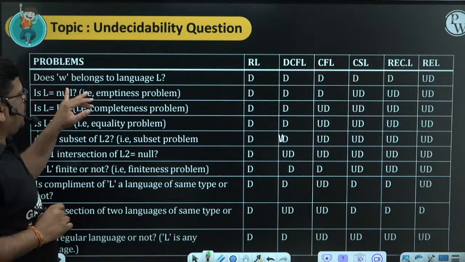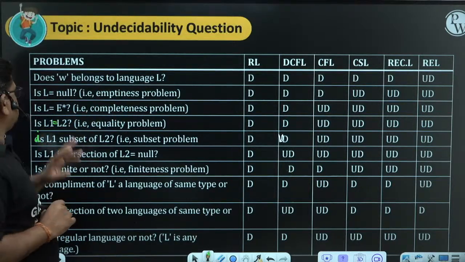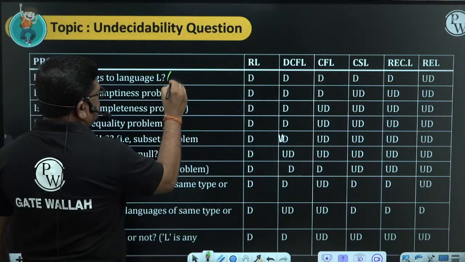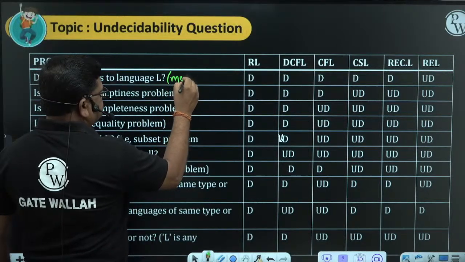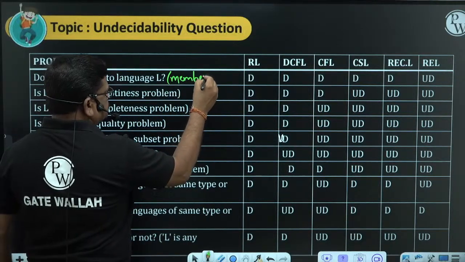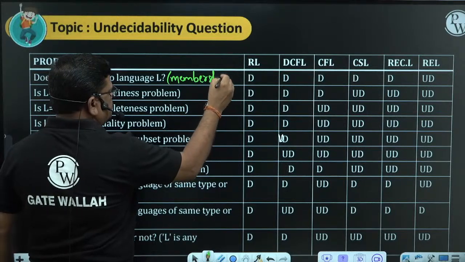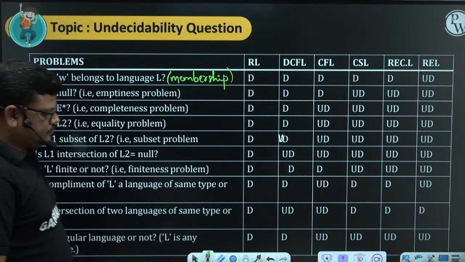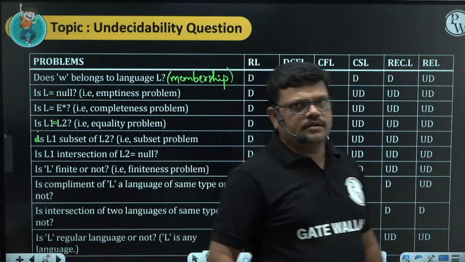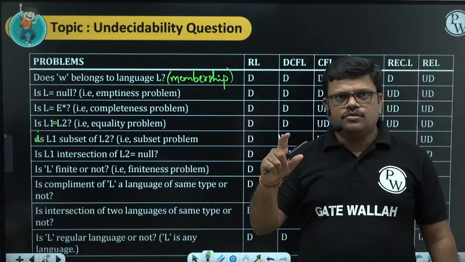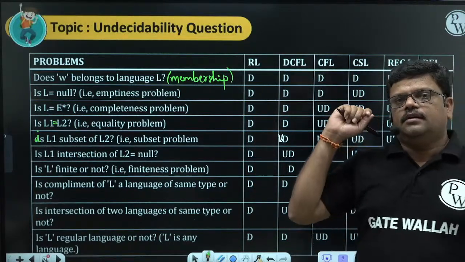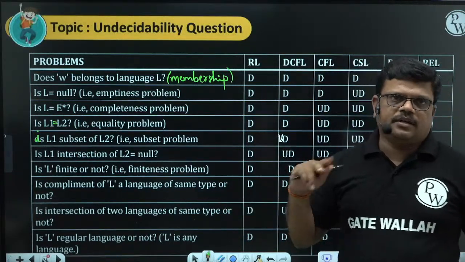First one: W belongs to language. Does W belong to the language? This is called the membership problem. The membership problem is whether a given string belongs to the given language or not, to the given automata or not, to the given grammar or not.